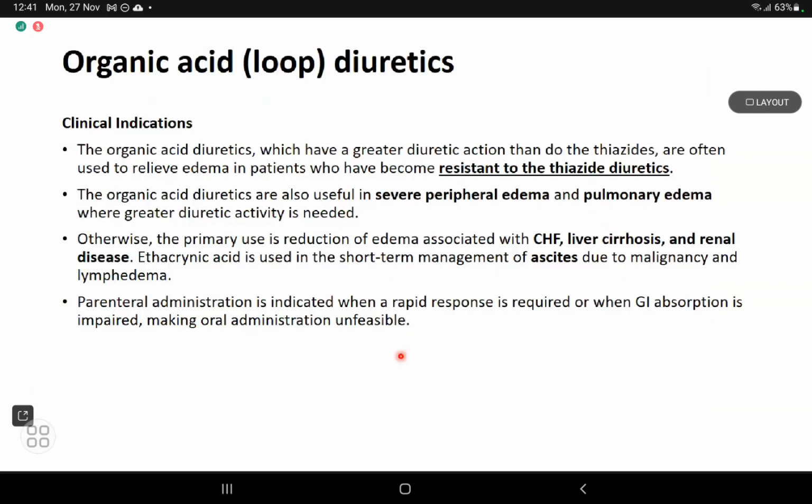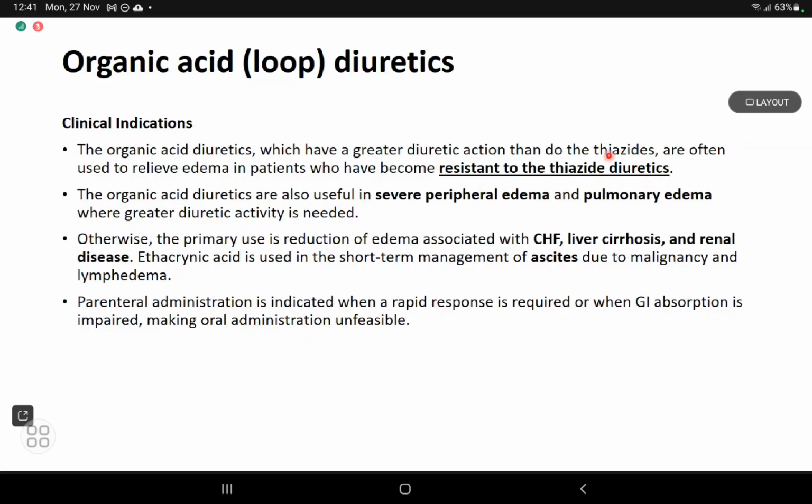So another type of diuretic, we call it organic acid, or sometimes also called a loop diuretic. Why loop diuretic? Because they are focused on the loop of Henle. Normally we use it for those who are resistant to thiazide diuretics. It's an alternative